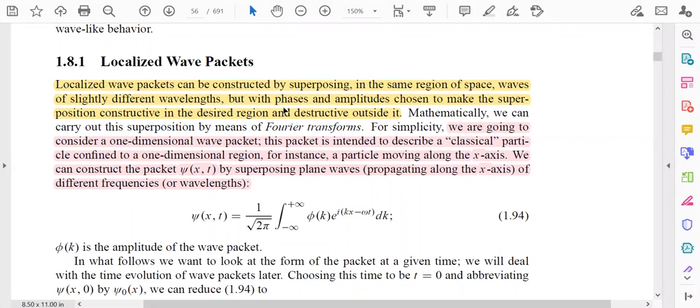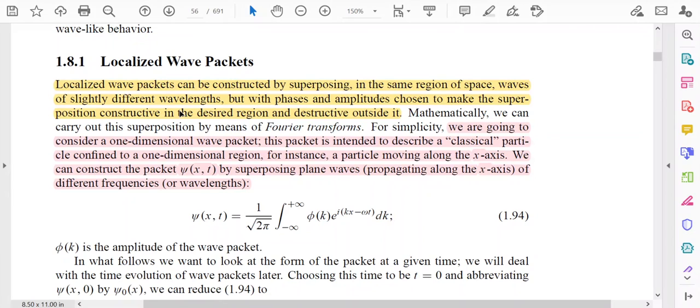So how can we construct such a localized wave packet? This is the basic question. Mathematically, we can carry out the superposition by means of Fourier transform. So we have to take the help of the concept of Fourier transform to construct such localized wave packets